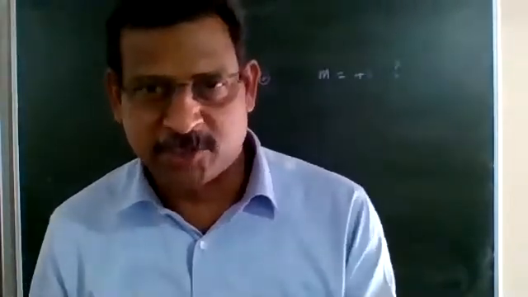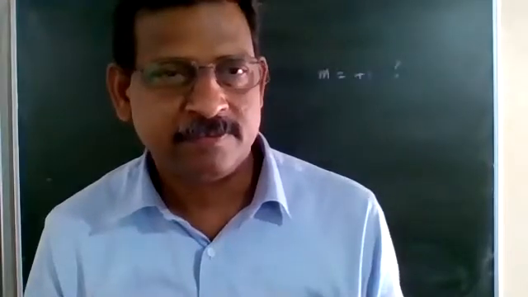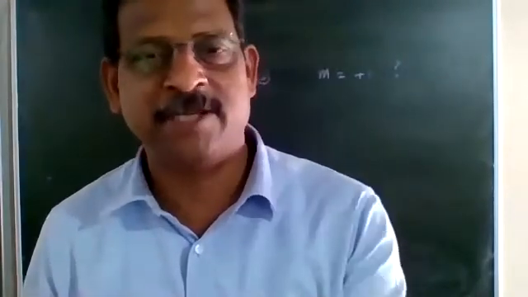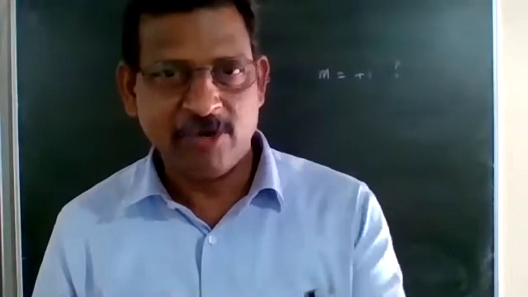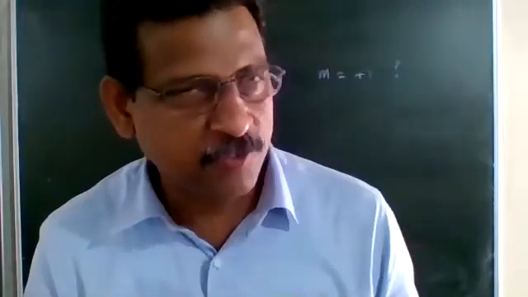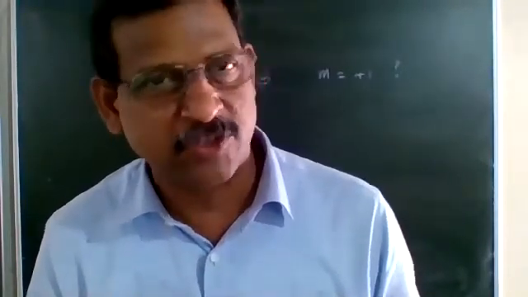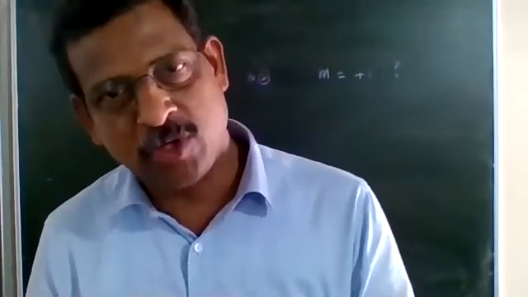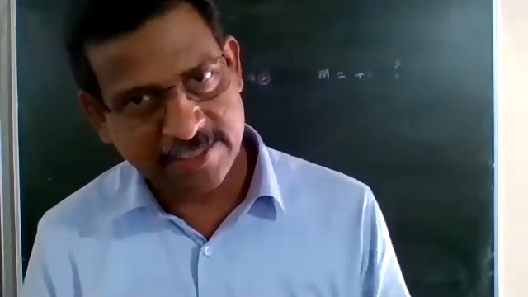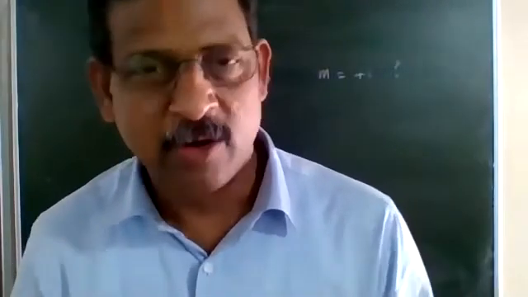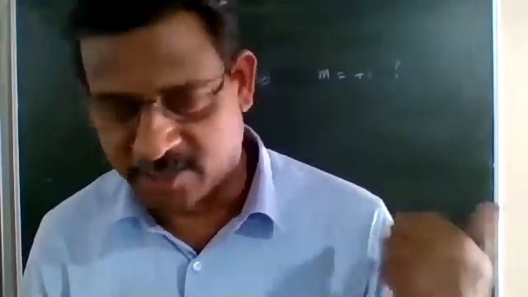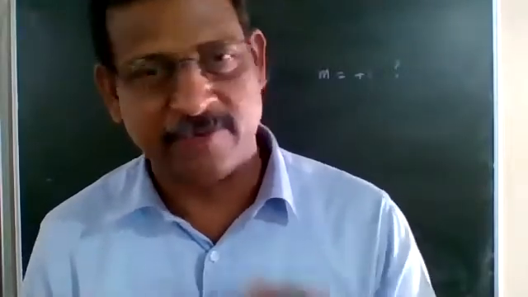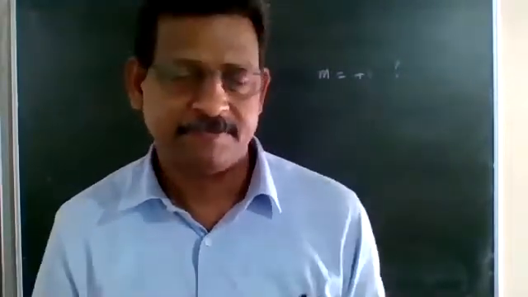So m equal to plus 1. Plus stands for virtual image. Virtual means erect image. Then you have to say 1. 1 stands for the size of the image being equal to the size of the object. So this condition is possible. That means a virtual erect image of the same size as the object is possible only in the case of plane mirror, irrespective of the position of the object, wherever the object is.